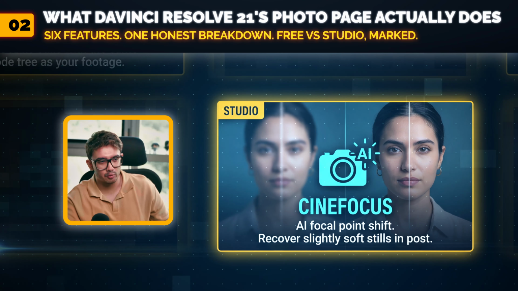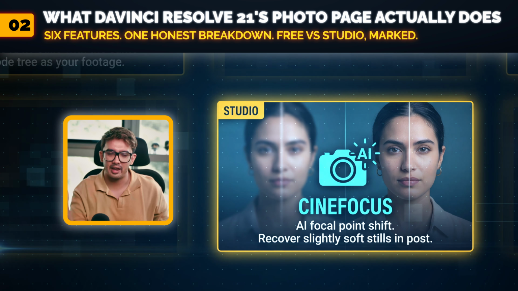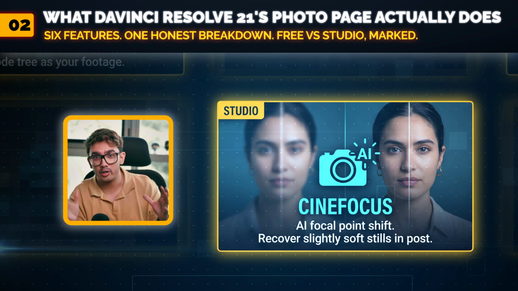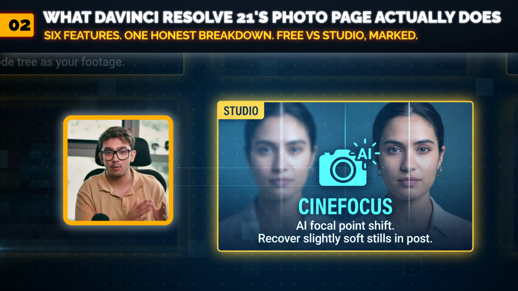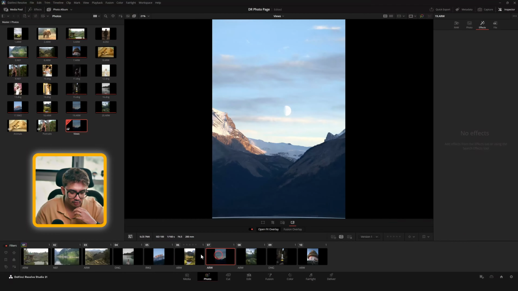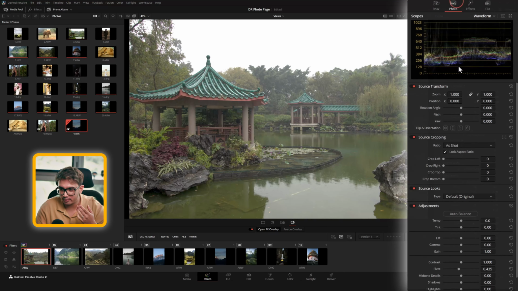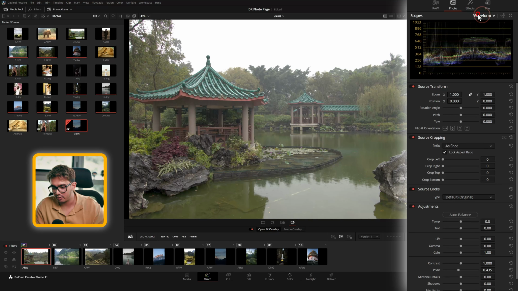The other thing is you get Resolve's AI package, in the sense that you get CineFocus, which is an AI-powered focal point tool that can reshift focus on a still that was shot slightly soft. Let me show you. So let's say I take this one, for example. I really like this area. Before I get into that, you can see my